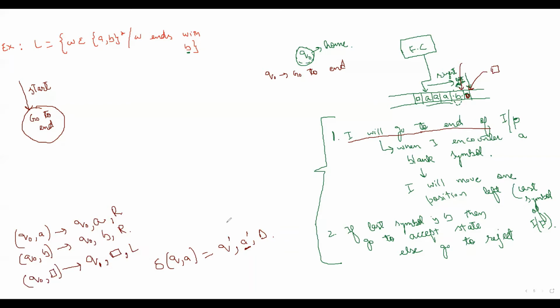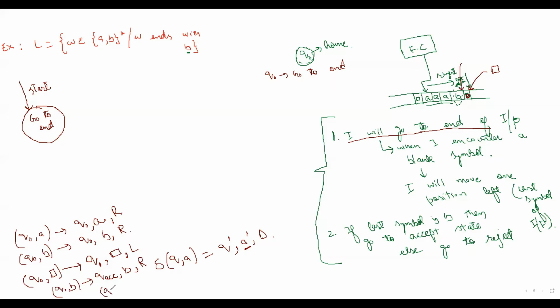Okay, B symbol. Now on this Q1, if B is there, then I should go to the accept state, Q accept. And I should keep B as B. I should not change anything on this input. And I can move in the left direction or right direction. I have my choice. So Q accept means I have accepted. Wherever I am, wherever is my tape head, I don't care. So I am in Q accept state. That means I have accepted.